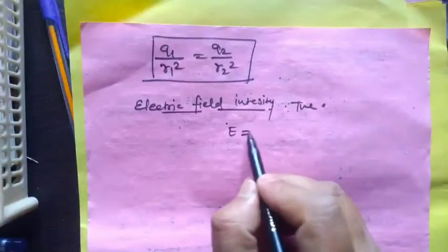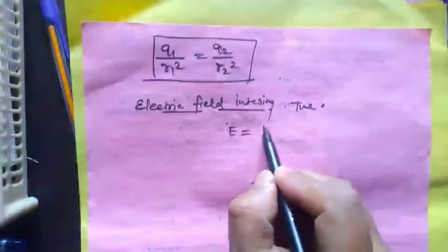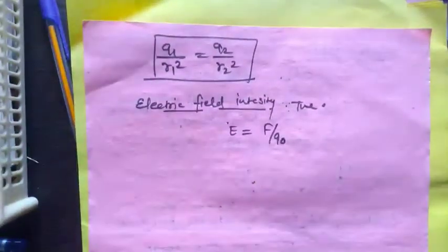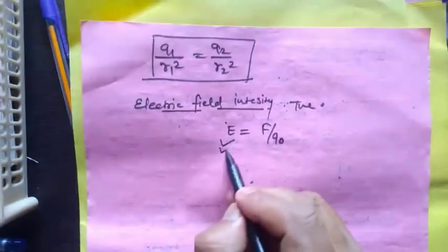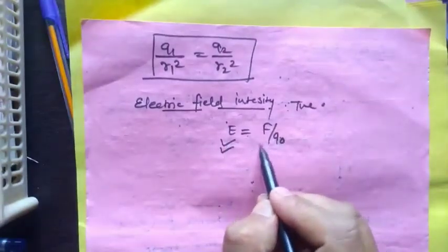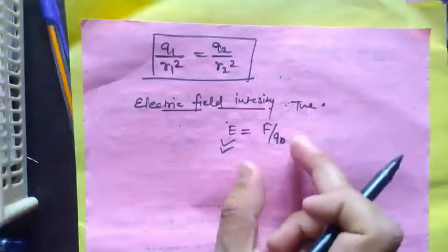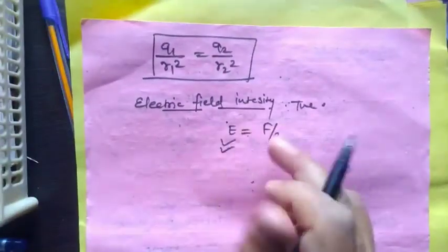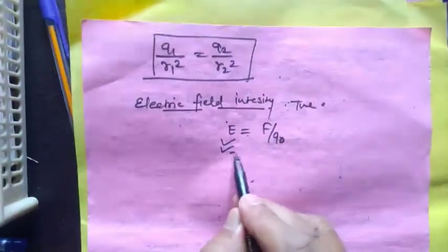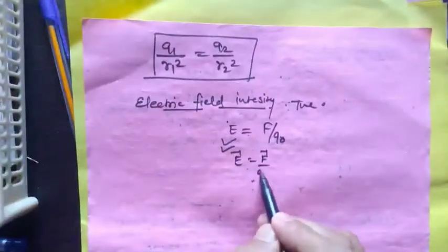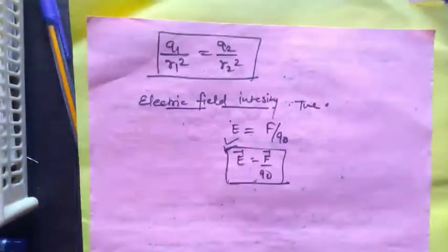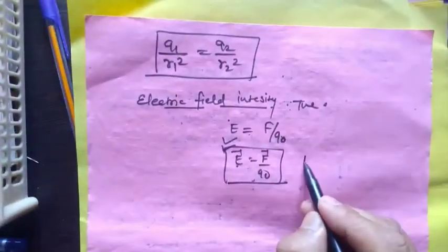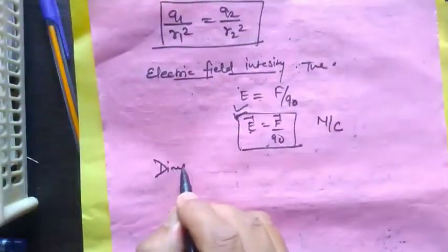or we can say force per unit test charge is called the electric field intensity, or the strength of the electric field is called electric field intensity. In the vector form, we can easily write this. Its unit is Newton per Coulomb and its dimensional formula